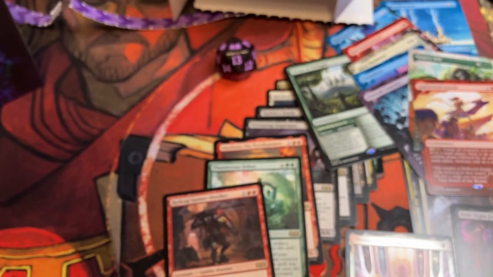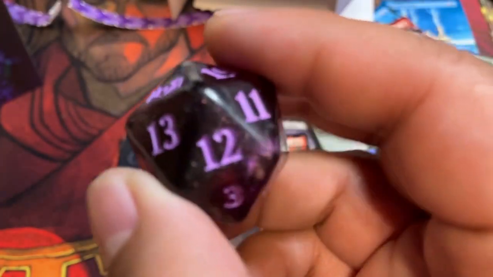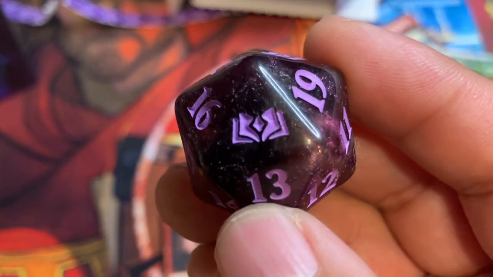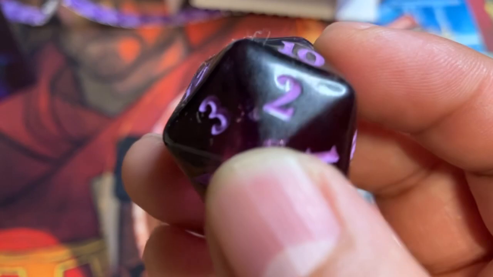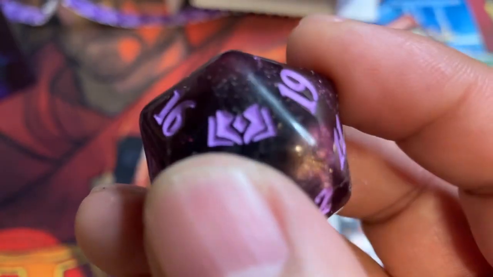So, alright, there we go. So, that is what I pulled, everybody. And I don't know what to think about this. Because it seems like these 5 pastel colors are the only thing Wizards wants to do now. And there's nothing making the...